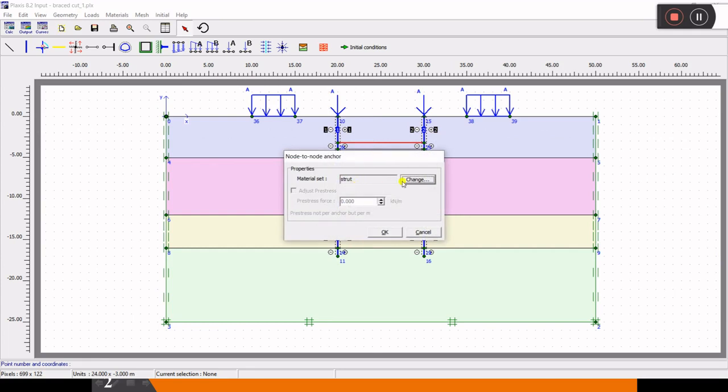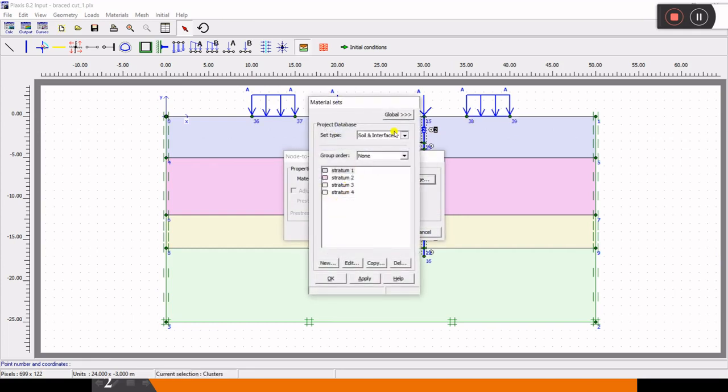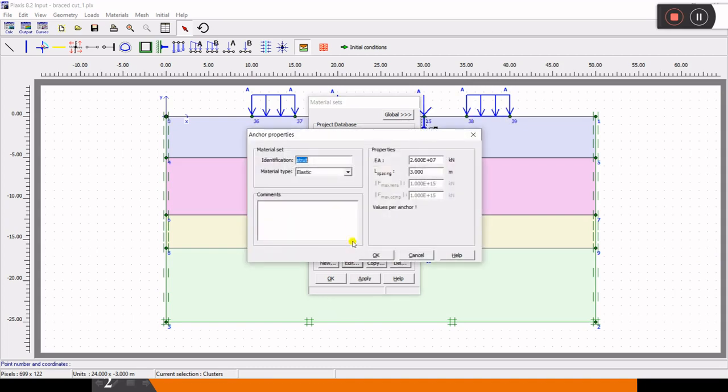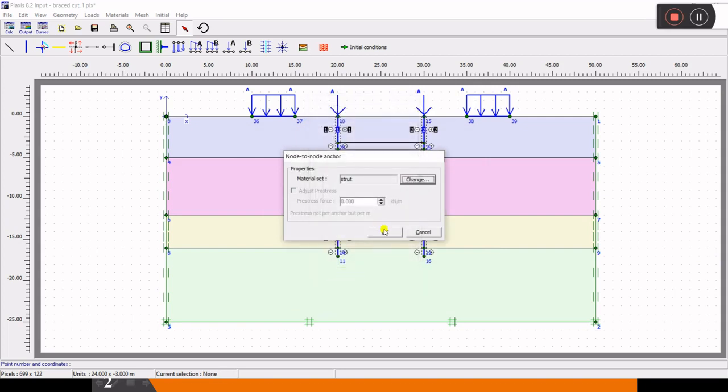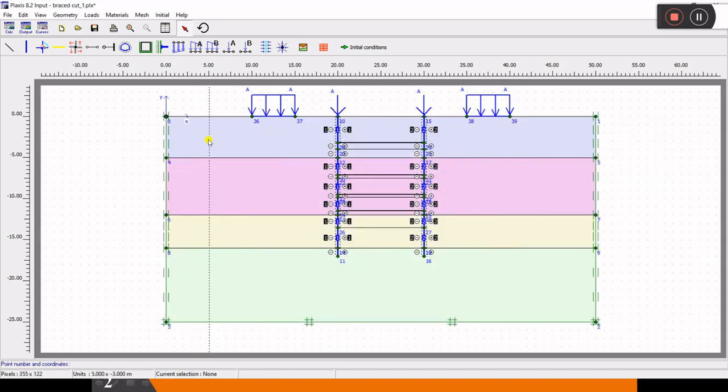And let's see the properties of the strut. The material set is strut, and you can check the properties here. Go to edit. These are the properties if you want to change. Everything is fine now, and you must be wondering when we'll assign the load. The assignment of the load is not done at this stage. We'll do this while we define the steps of calculation. So you just save it, and cross check that we have defined all the things. I think we have defined everything.